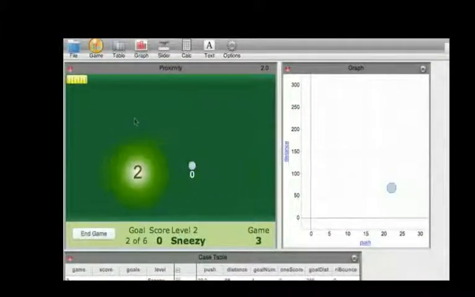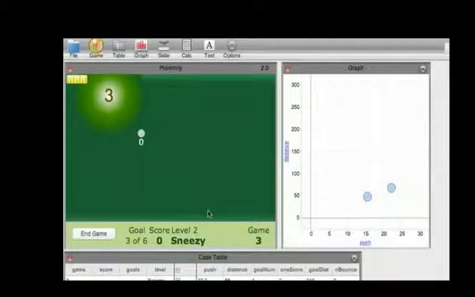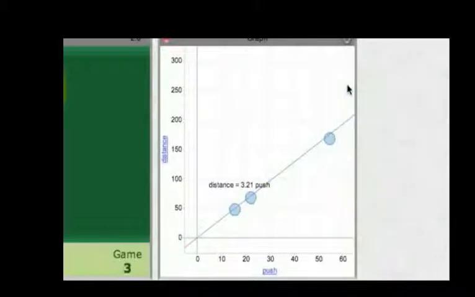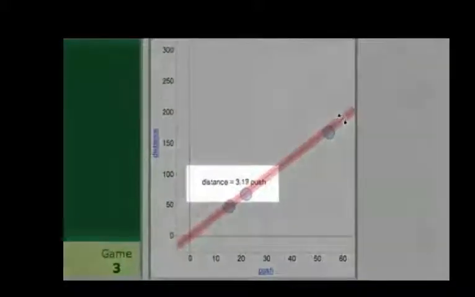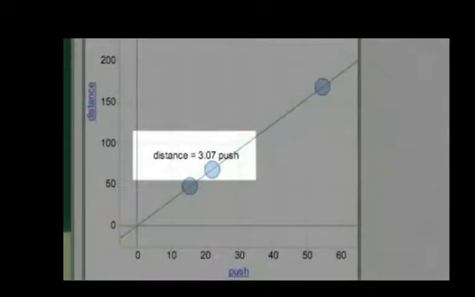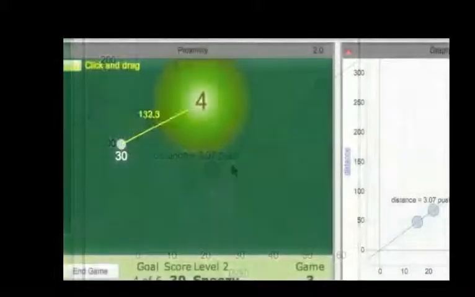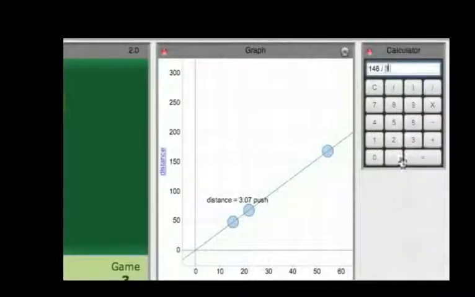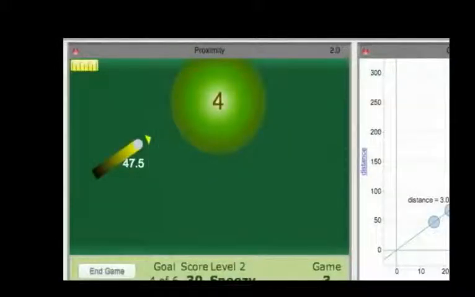The default graph shows how the distance I travel depends on how hard I push. If I put a line on the graph, I can even lock the intercept at 0 if I realize that's appropriate. I get an equation that will help me. I measure the distance. I know that. So for a good shot, I need the push, which means I have to divide by the slope to get what I need. For example, I need to go 146. My slope is 3.07, so I divide and get 47.5 for my push. I pull back as close to that as I can get, and look, I got 98